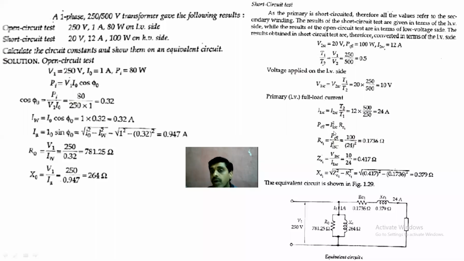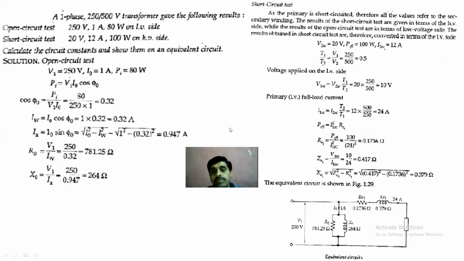Therefore copper loss equals I1 square into R01. From that R01 can be calculated, Z01 can be calculated, and X01 can be obtained. Therefore this is the equivalent circuit, R0, X0, R01, X01. Yes, the general thing is that secondary side refers to secondary side. We will draw the equivalent circuit.